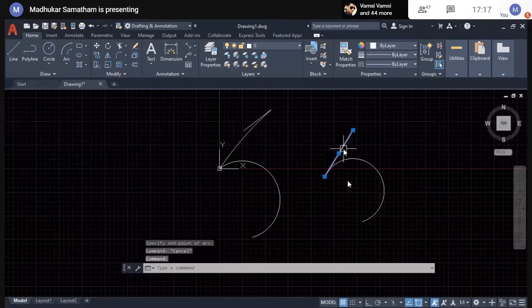When you select, here it shows you two different entities. Line entity is different, arc entity is different.